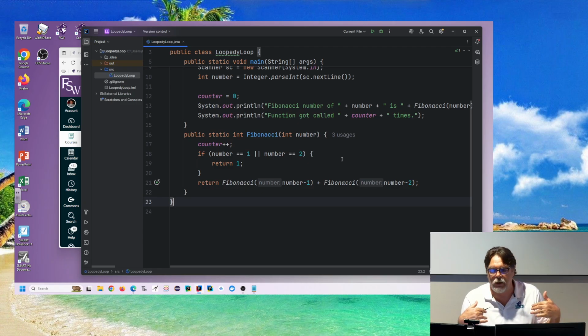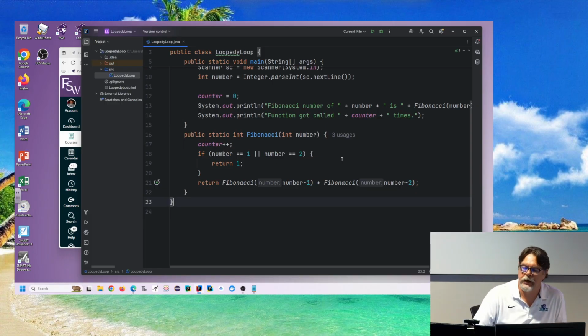Other languages use the keyword for each to designate it differently than the for keyword. That was a for each pattern, for each item in the collection, do something. And then recursion. So fun stuff, little show and tell today. And we'll pick up